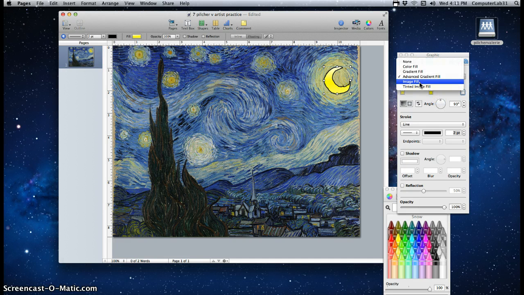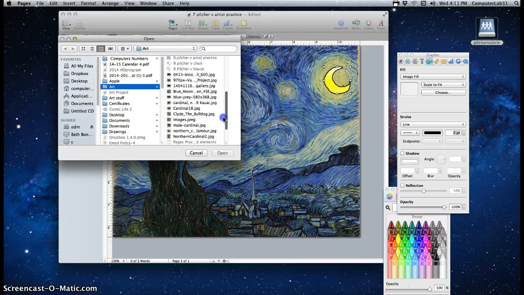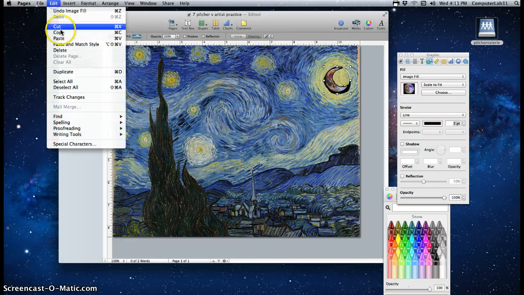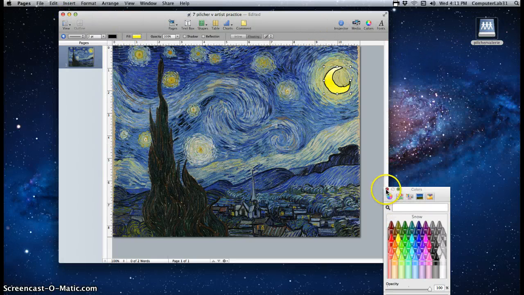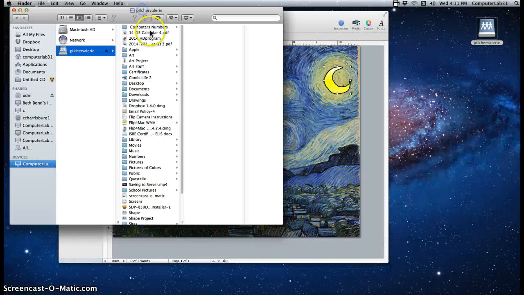And then the last thing I want to look at is possibly the image fill. And remember, we have the two options. We can do it through the image fill, or we can drop our moon on there. Well, I'm going to try both and see which I like best. So I'm going to put that moon that I have in there and see what it looks like if I do it that way. And I don't think I really like that, so I'm going to edit, undo, and then I'm going to go ahead and close my inspector tool, and I'm going to try it with my picture